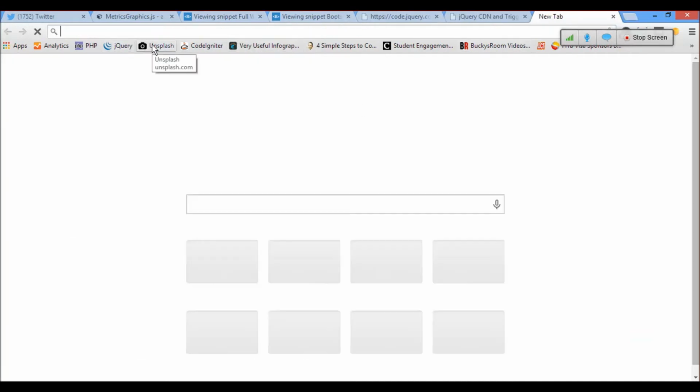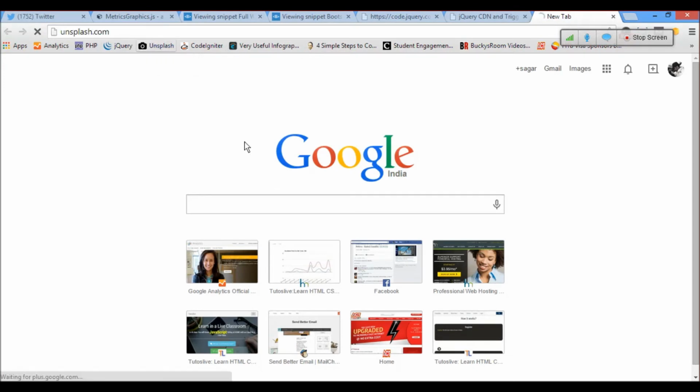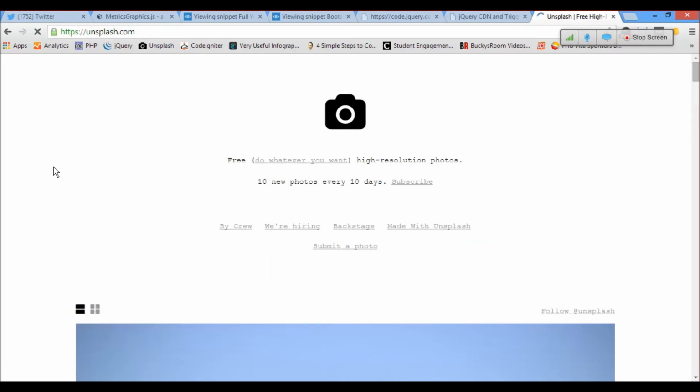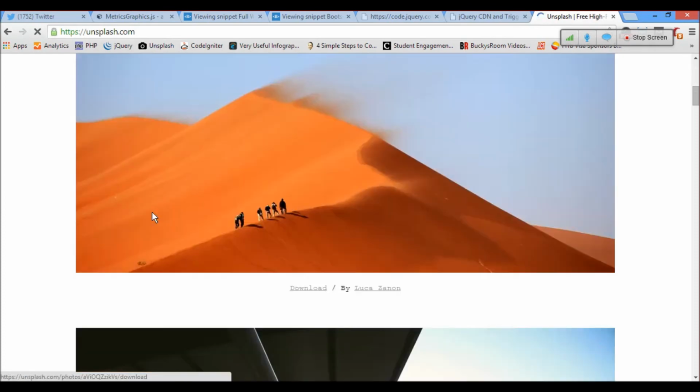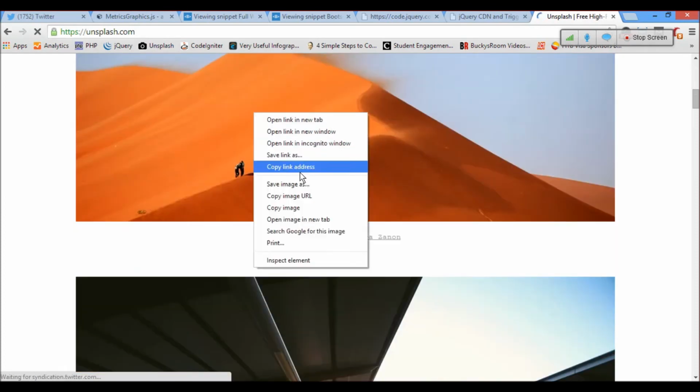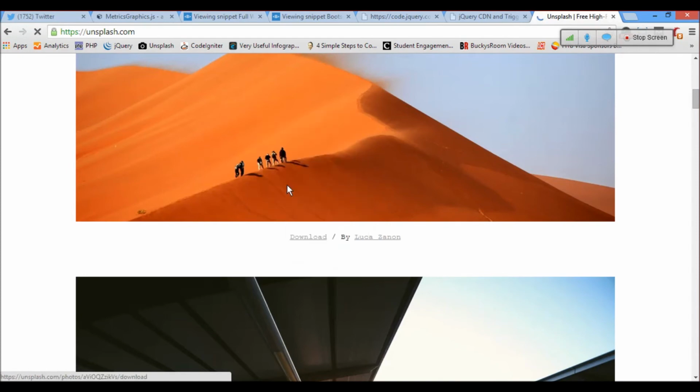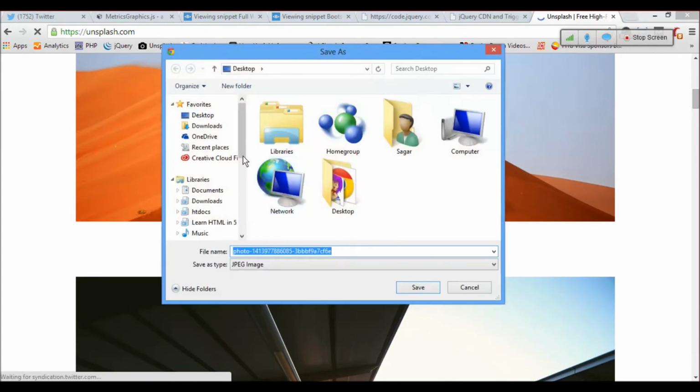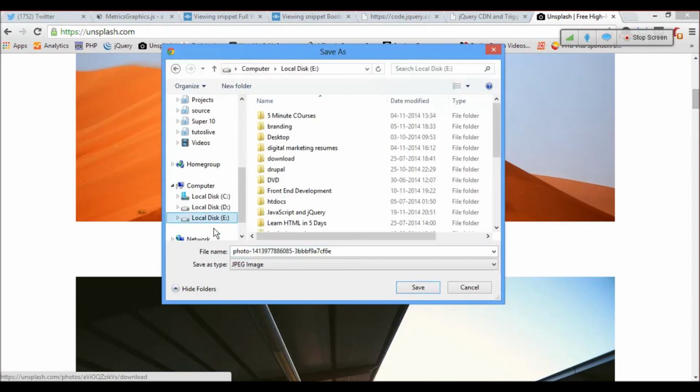Alright, for the slider we need images first. Let's download some images here first, then we talk about the plugin and how we include it. Everything you do in jQuery, this is the mistake most freshers make: they forget to include the jQuery code. So let's download. Here we go to our folder.